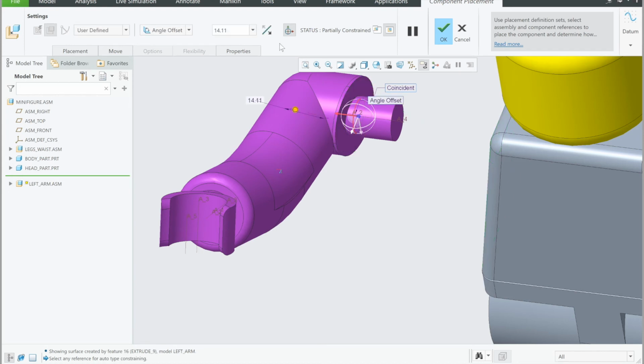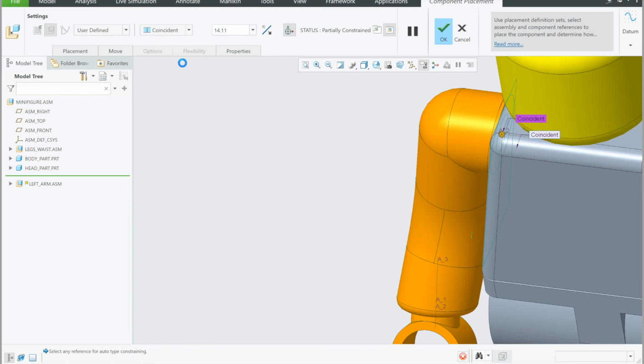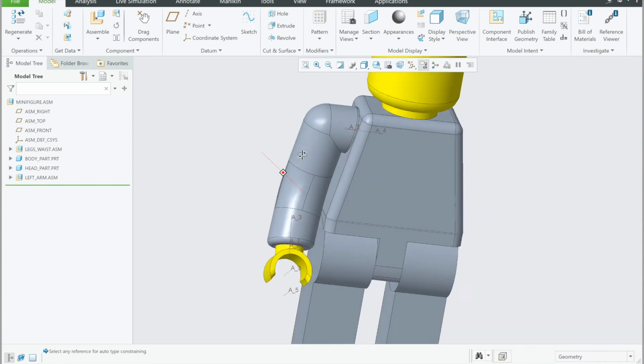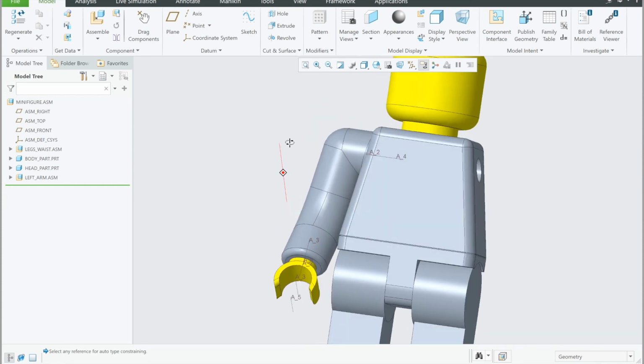Now you'll notice it comes up with angle offset. So my mouse is on that now. I need to change that to the last but one, coincident. So click on that, and our arm will then spin round and come to the side of the body. So once we've done that, we press the green tick, and it will load up perfectly there for us. So I press the green tick, and then we're going to repeat that stage, or steps I should say,